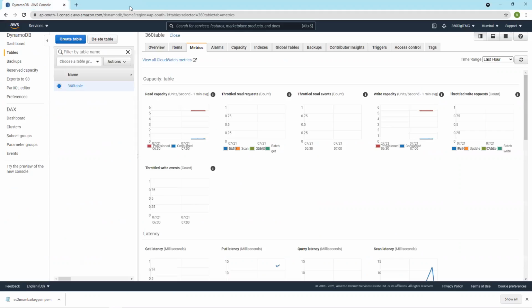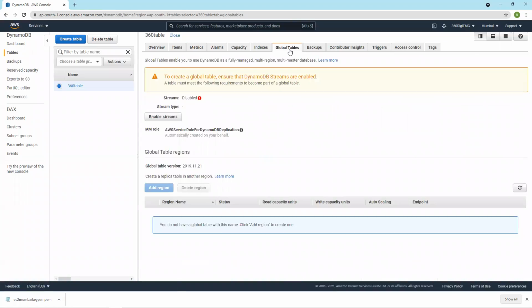And let's close this. One more feature with a DynamoDB table is that you can make it global. Right now it is local, you can see the Mumbai region. My DynamoDB table I have created in the Mumbai region, and RDS, the relational database service, is also a regional service. We have our RDS service also in the Mumbai region. Here we have an option of creating global tables like S3. You can also make DynamoDB a global one.